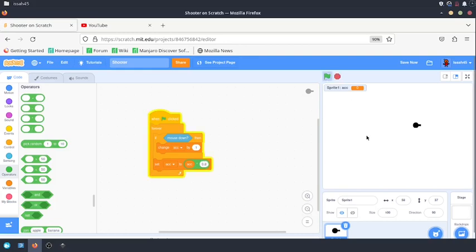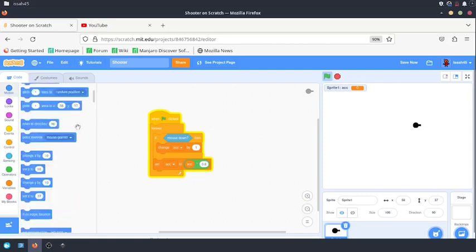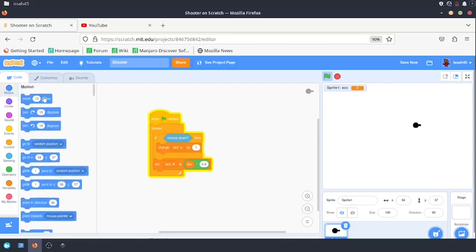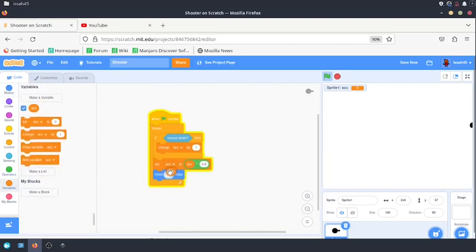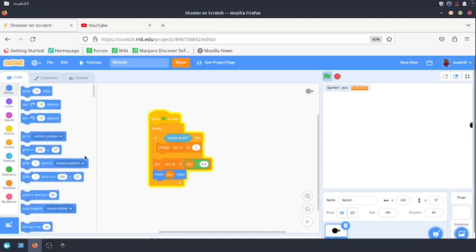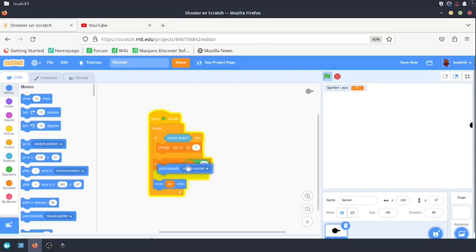0.8. Click, click, click. Doesn't really work since you have to move by the acceleration. So I'm going to say move acceleration steps. So if I click and do that, it's not really pointing to my mouse pointer, that's why it's not moving. So I'm going to add that. If I click, it will slowly be accelerating to my mouse pointer, and it's going to stop smoothly because of